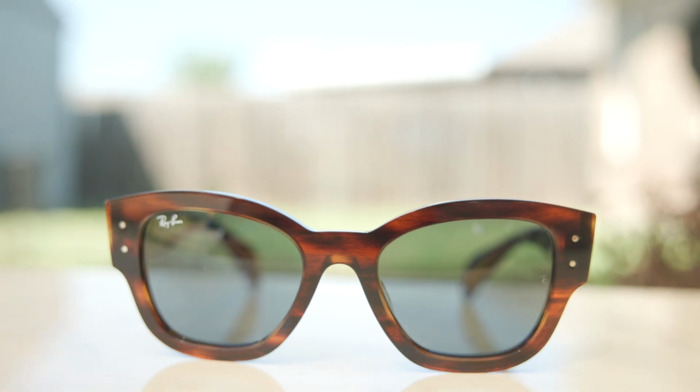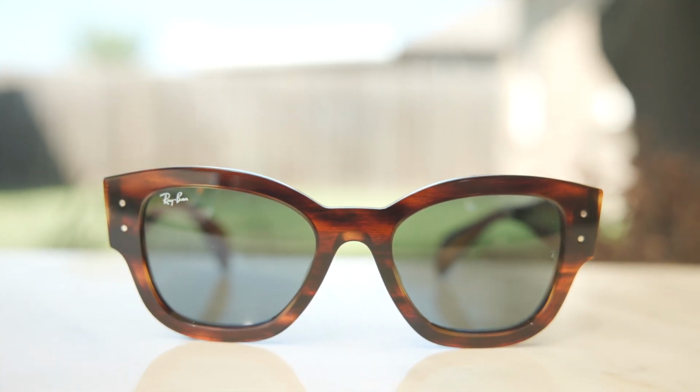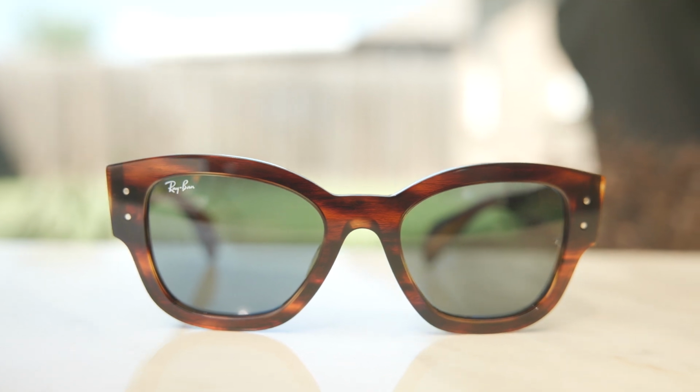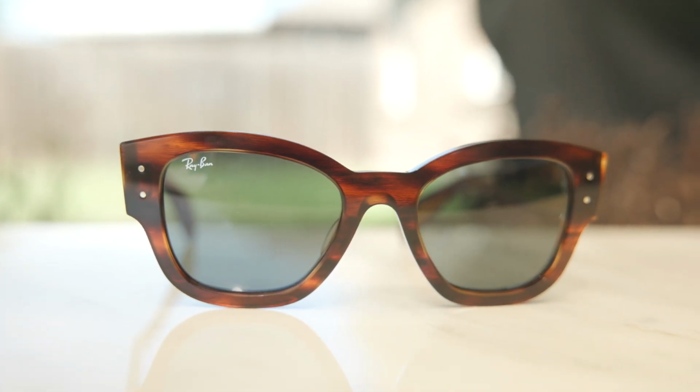Now, as far as the frame material goes, these are of course made out of a beautiful acetate material, and these frames are made in Japan. So this is part of Ray-Ban's new Made in Japan series. And Ray-Ban's website is really strange. They don't do a good job of advertising that these frames are made in Japan. They just have an extremely high price tag of $319